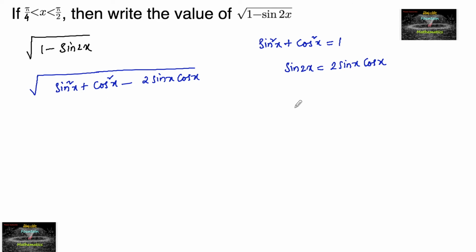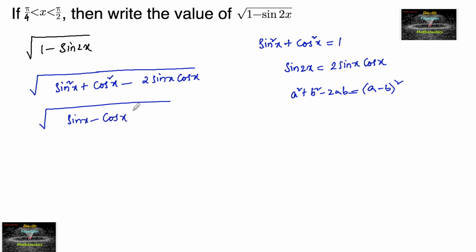So it is in the form of a square plus b square minus 2ab, which is equal to (a minus b) whole square. So we can write this is equal to (sin x minus cos x) whole square. So square root of x square is mod x. So we can write square root of (sin x minus cos x) whole square is mod of (sin x minus cos x). And here it is given that x lies between pi by 4 and pi by 2, and we know that sin